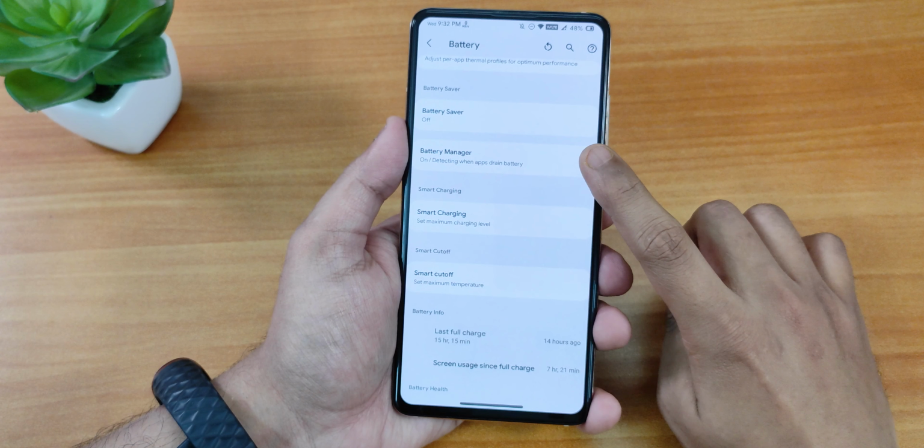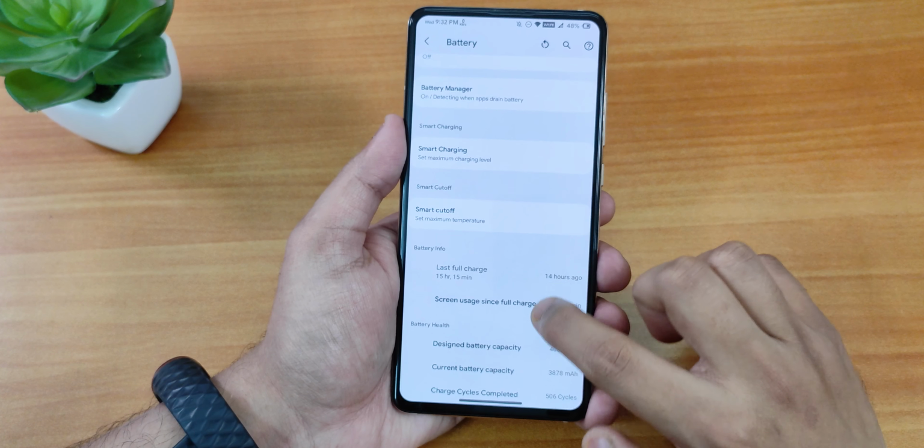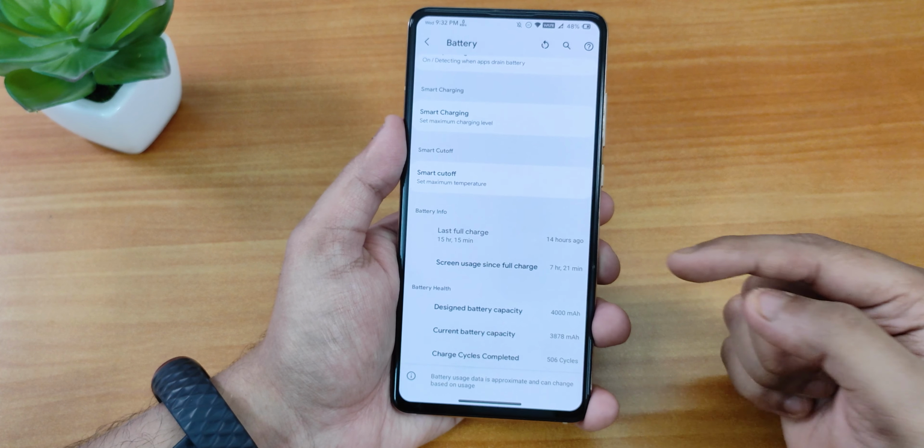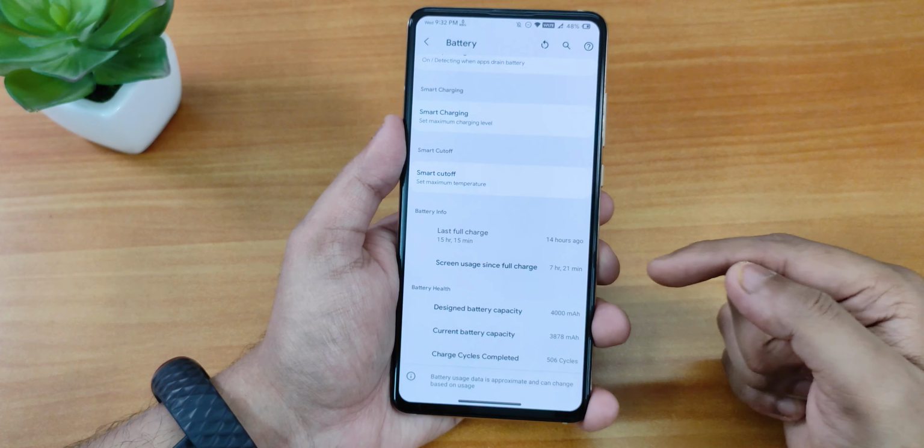And the battery saver, the battery manager is there. We have the smart cutout. Also, the good thing is we get the last full charge. Then the screen on time. Also, we have the design battery capacity and the current battery capacity. It also shows the charging cycle. So this is just great that in the battery settings, you get to see all of these things. I mean, with these many features over here, it should have been included. I mean, the battery temperature over here, but that's just sad that the battery temperature does not show up over